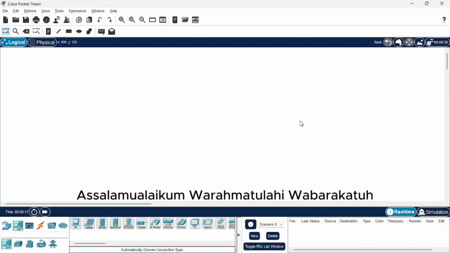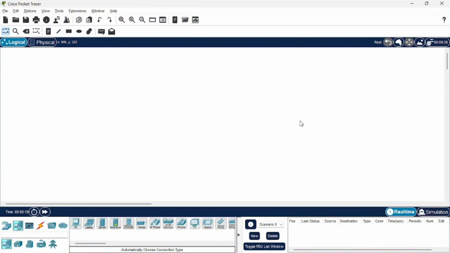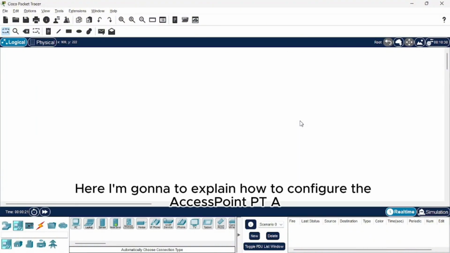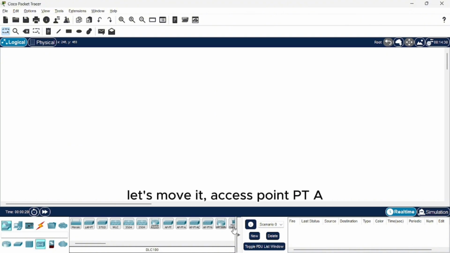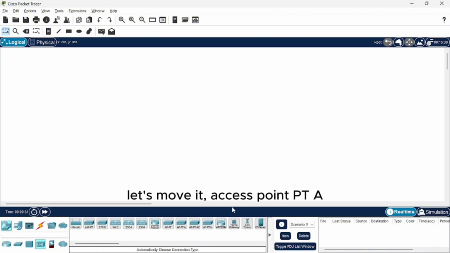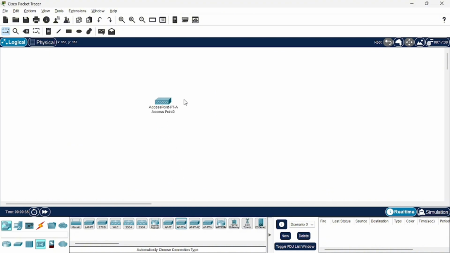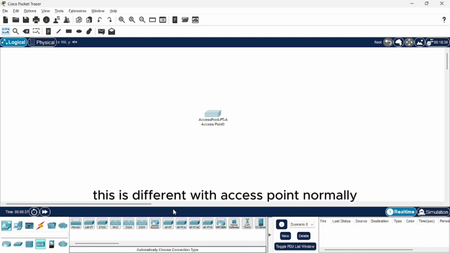Bismillahirrahmanirrahim. Assalamualaikum warahmatullahi wabarakatuh. Here I'm gonna explain how to configure the access point PTA. This is different from a normal access point.